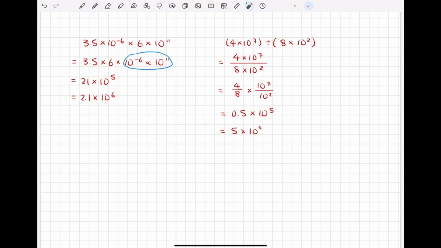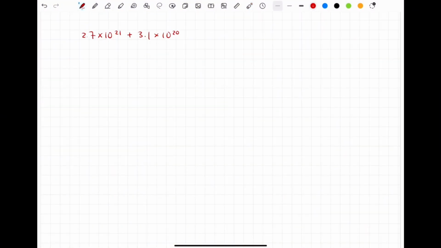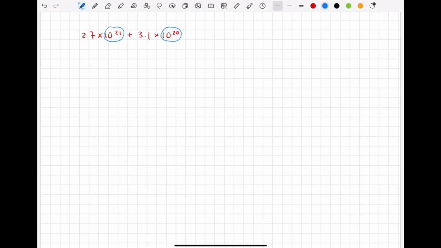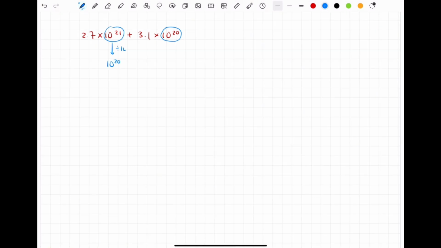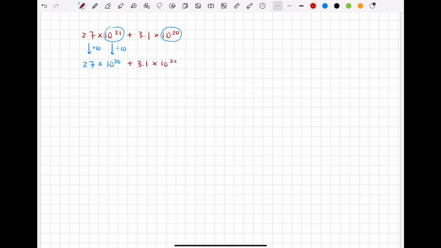Now let's look at addition. Before we add two numbers together, what we need to do is to make sure that we have the same unit. So 10 to the 21 and 10 to the 20, they are different. So we can divide 10 to the 21 by 10 to get 10 to the 20. However, if we wanted to make sure the numbers are the same, we needed to multiply the first number by 10 to get 27. We can write this calculation as 27 times 10 to the 20 plus 3.1 times 10